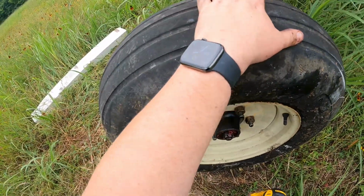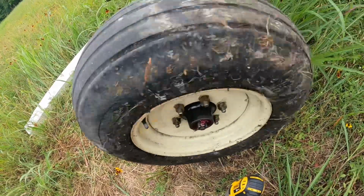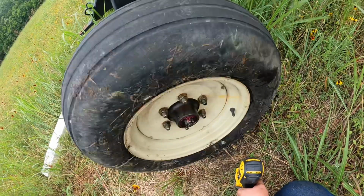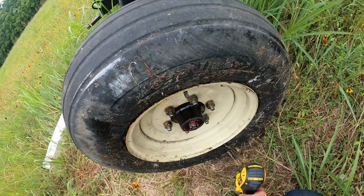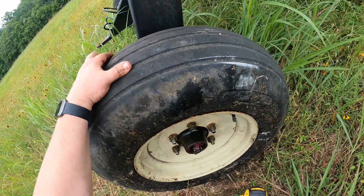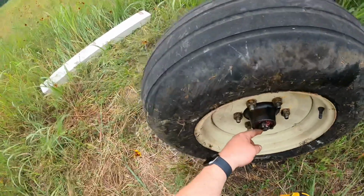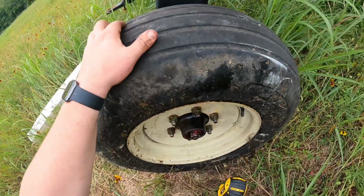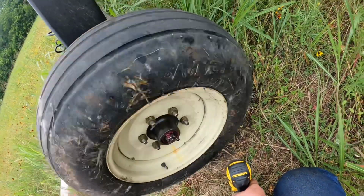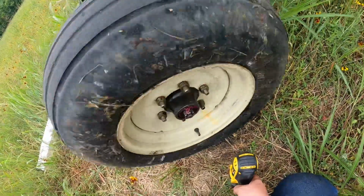So I don't want it too tight. You want a little bit of slack. That's the thing with bearings, pressure is not always their friend. Most time it's not. So anyway, I will go ahead and back this up a little bit till I get a little wobble, and then I will tighten it about a quarter turn, and then I'll look for the closest hole for the cotter pin to go in, and then I will pack it some more with some grease through the greaser, and then I will put the cap on. So anyhow,